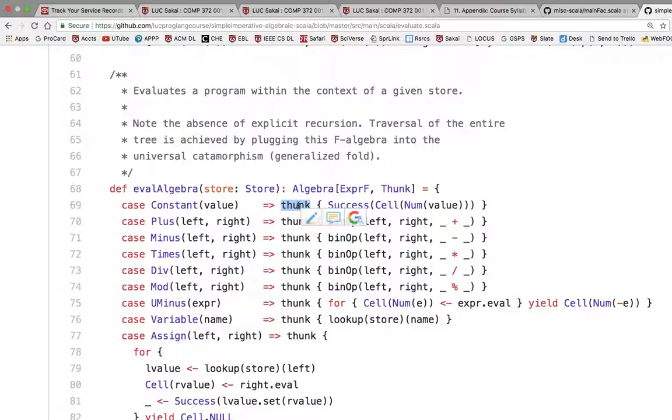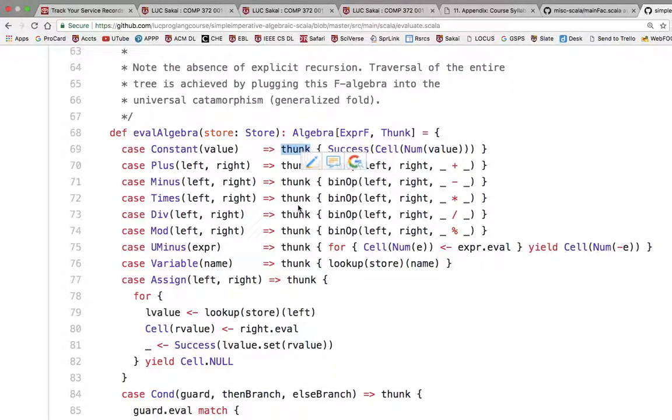So like in a conditional, right, that's really the difference here, what makes an interpreter of a little imperative language with things like loops and conditionals more challenging and more complex than